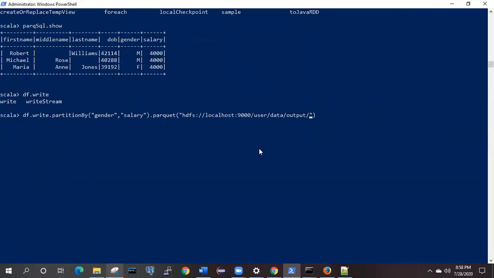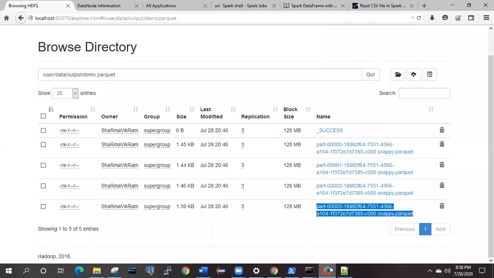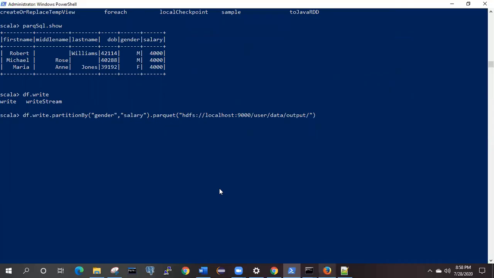We'll write to the data output directory, and we'll give the name as partitioned.parquet. By name only we can easily identify it.